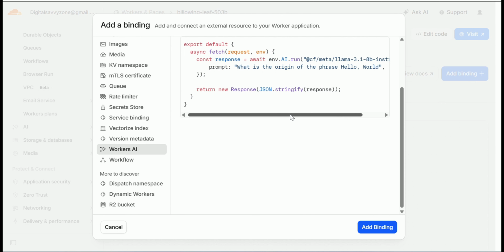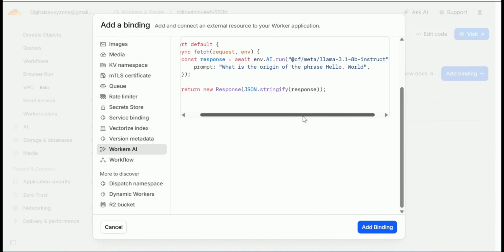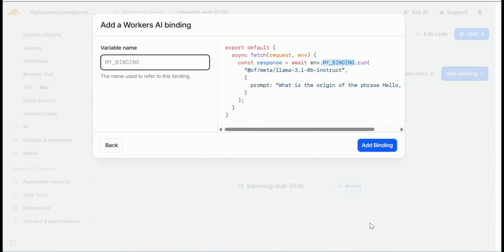Click on Add Binding and select Workers AI. Give it a name like AI. You'll be able to access it using the AI variable. You can use env.AI.run with the model name and prompt. Now, go to Edit Code. This is the sample function that returns a response when the API is hit. If we change the response text and refresh, we can confirm it's working. The API URL includes your email and worker name. So, name things properly based on how you want your URL.